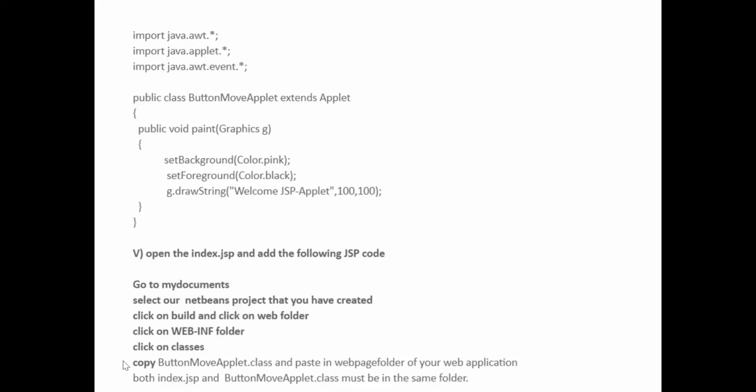So this is very, very important, because when you copy the class file and paste it in the web folder, you also copy the index.jsp, that is the JSP page. So both the files should be in the same folder. Then only the applet will run. Otherwise, an error will occur.